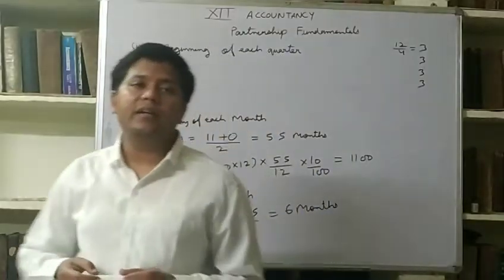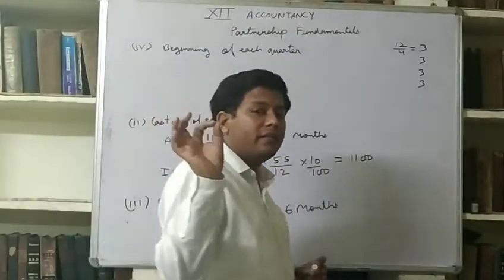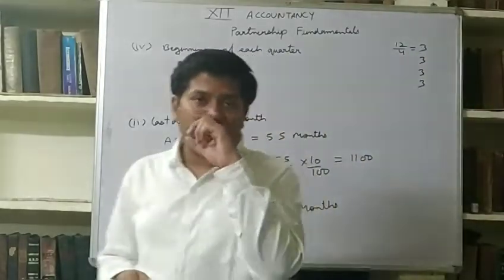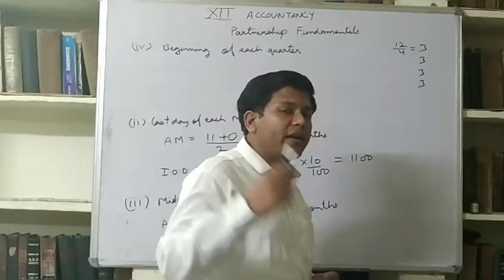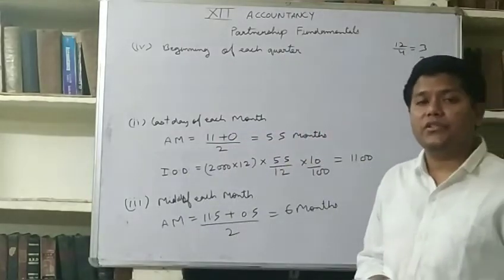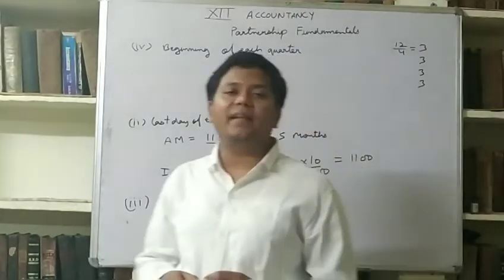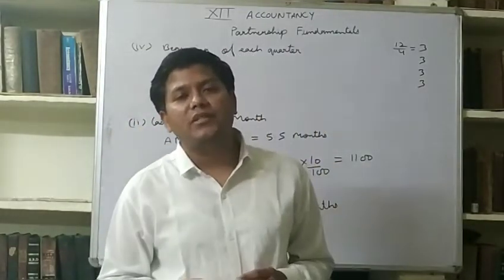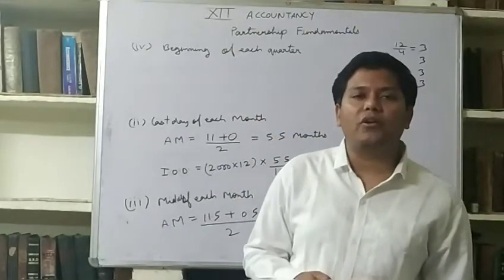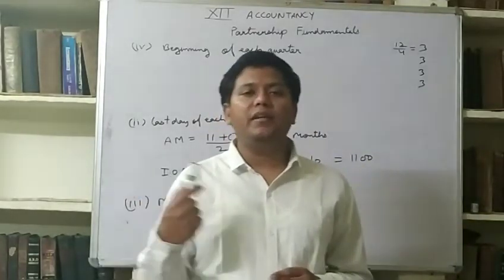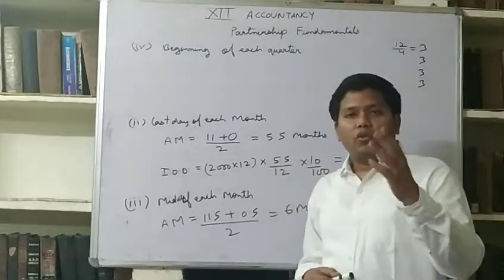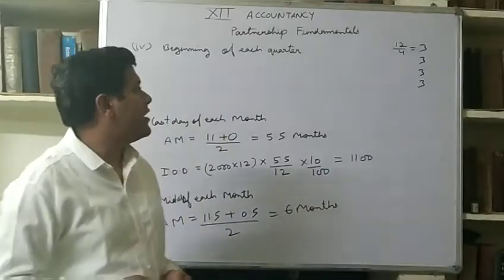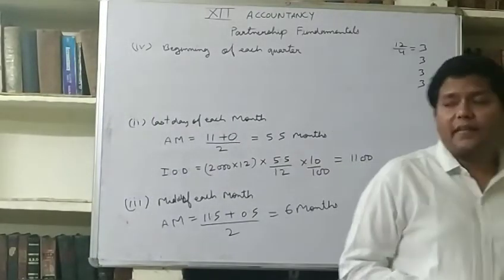You have to understand it well. Quarter means 1/4 portion of something. So when a year is divided into quarters, there will be 4 quarters, and those 4 quarters will comprise 3 months each. If our year is starting from April, then the first quarter will be April to June, the second quarter will be July to September, the third quarter will be October to December, and the fourth quarter will be January to March. I hope you understand. Now, what is our question?